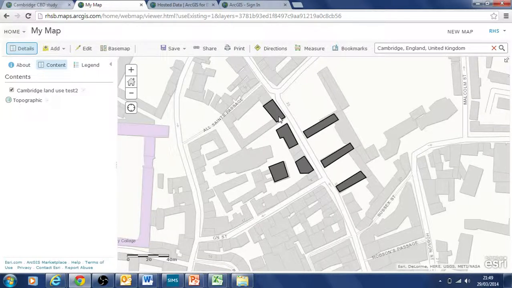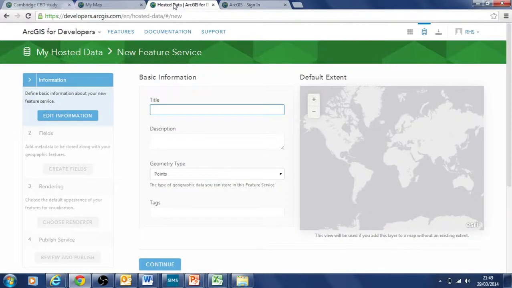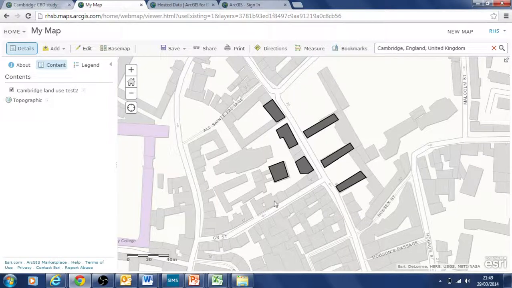I will let you know if I find one, but at the moment, as I say, you just have to create different layers there, and every student will have to perhaps draw their own building layer from scratch, which is a bit cumbersome. So for that, it doesn't work great, but then again, if they're doing a CBD study and the buildings are all the same,